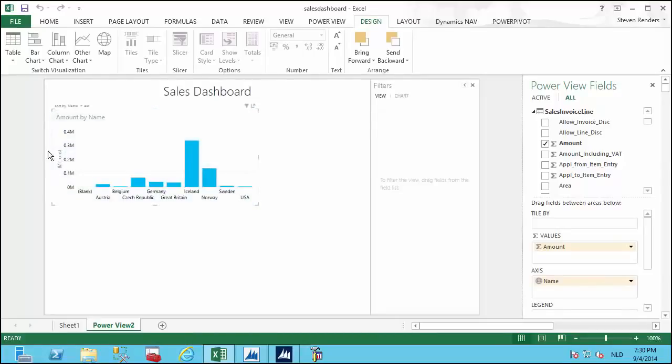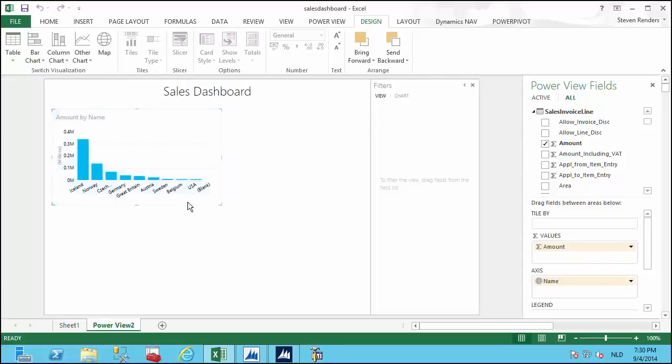So as we can see, we have already our data available. What we can also see is that it's sorting by name of the country, and I would like to have it sorted by amount, and I would like this to be descending. So this is basically how I am going to create this chart, and we can see here the sales by